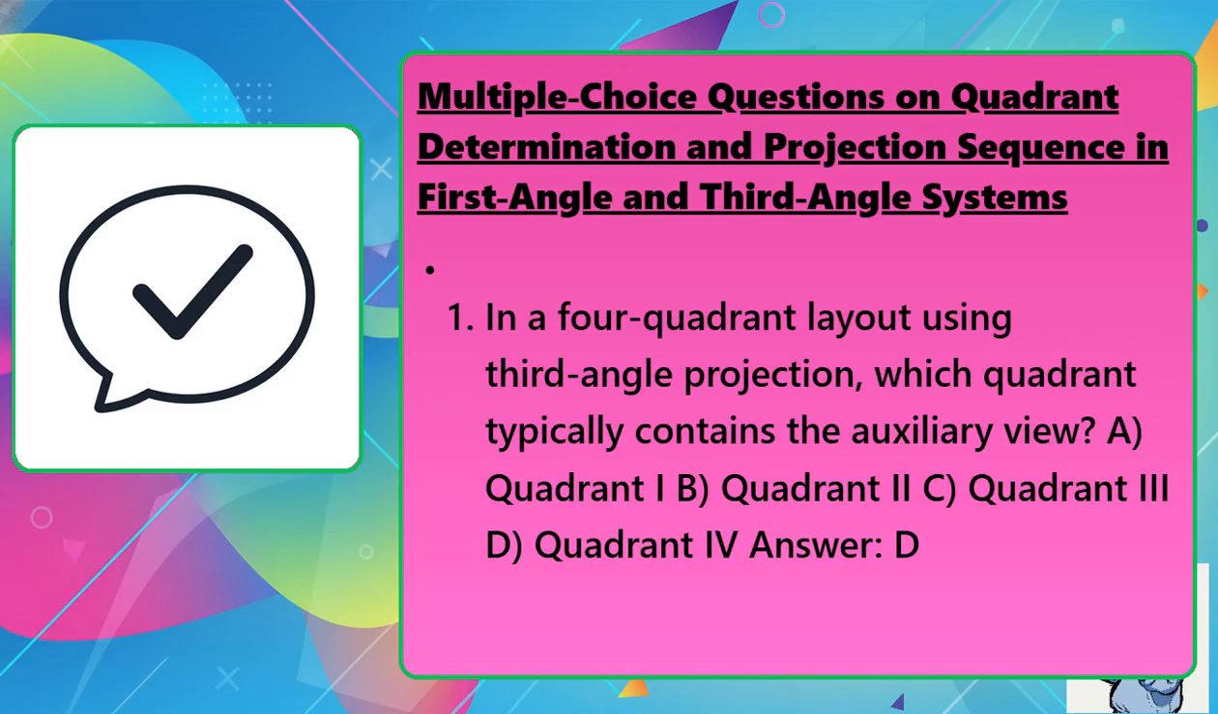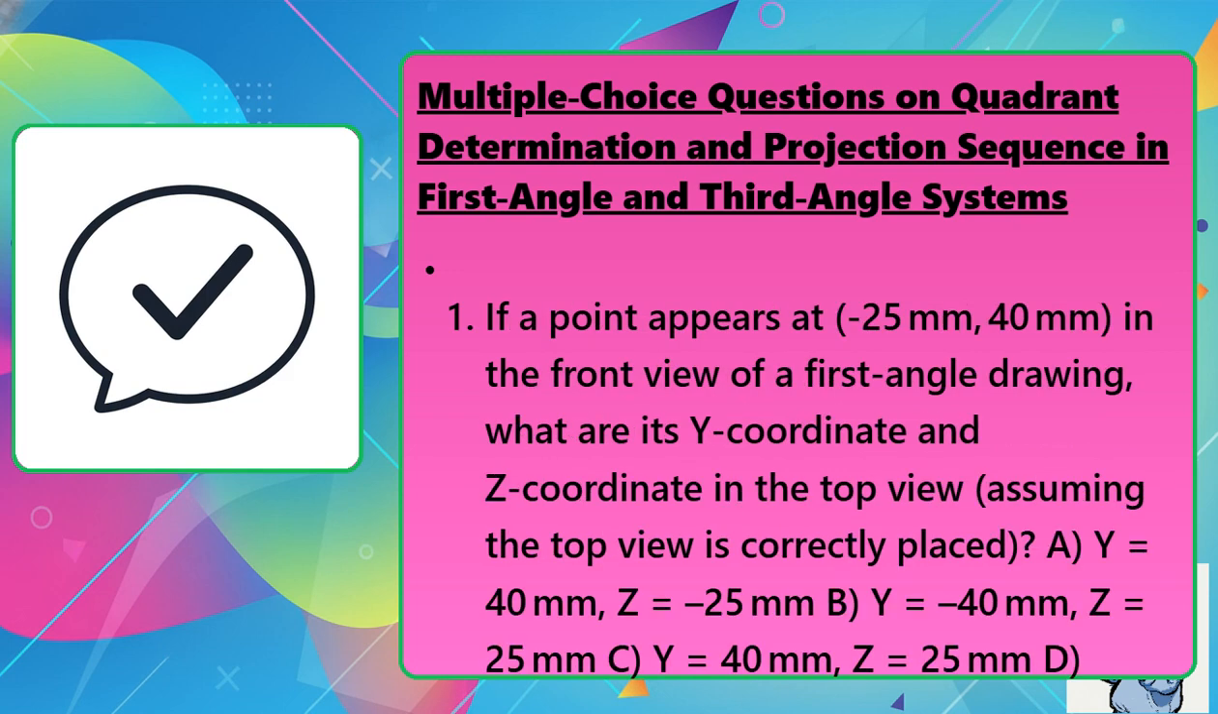4. In a four-quadrant layout using third angle projection, which quadrant typically contains the auxiliary view? Option A, quadrant I. Option B, quadrant II. Option C, quadrant III. Option D, quadrant IV. Answer: D. 5. If a point appears at -25 mm, 40 mm in the front view of a first angle